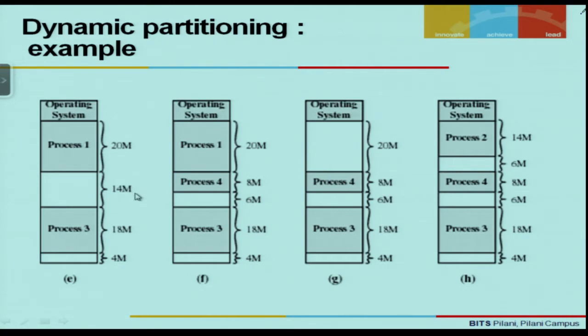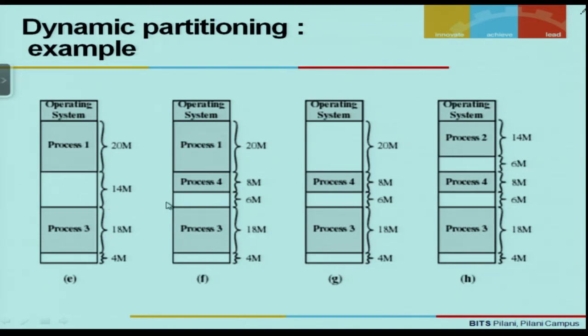So, the total amount of free memory available at this instance of time is 18 megabytes. But please understand that if there is a process which requires, say, 15 megabytes of memory, even though we have 14 plus 4 megabytes of free space, that is 18 megabytes, a process requiring 15 megabytes cannot be loaded because a contiguous 15 megabytes of memory is not available in the system.